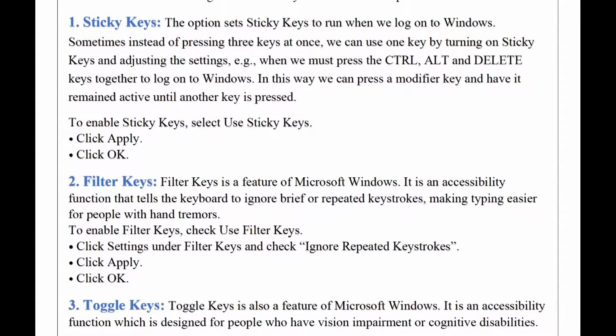I'm not saying that they are 100% useful for them, but they are very useful compared to nothing, because it's better to have something than nothing. If someone cannot recognize the screen's text, but by magnifying or zooming the text, he or she can read it, or can work on the computer system, then why not?